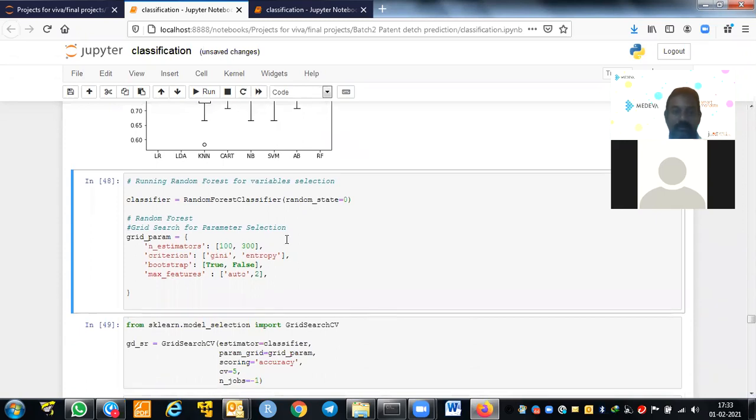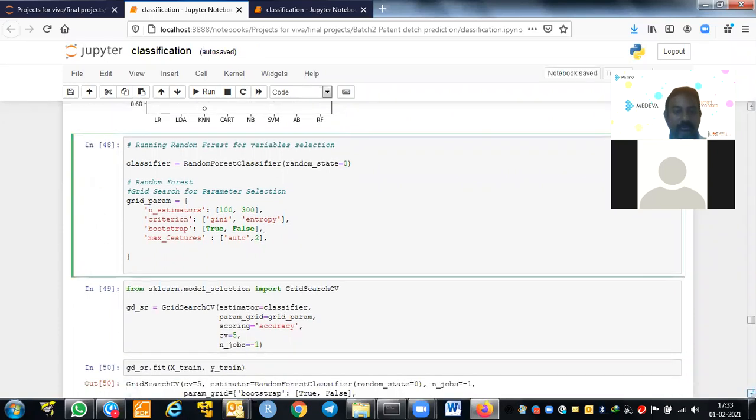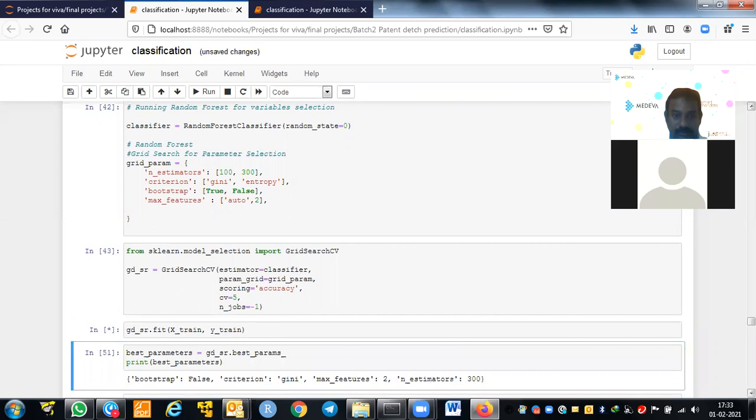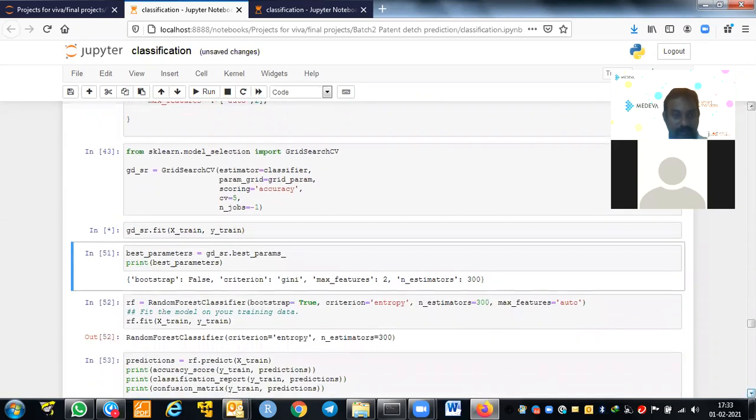When we are building the random forest classifier, we are also doing hyperparameter tuning, because every model comes with a default parameter setting. Now we need to find the optimal parameter setting. For that we have the concept of hyperparameter tuning. I am giving all the parameters, running the random forest and asking the system to give the best parameters by doing the grid search. After the grid search, this will give the best parameter configuration. Let's see how it will give.